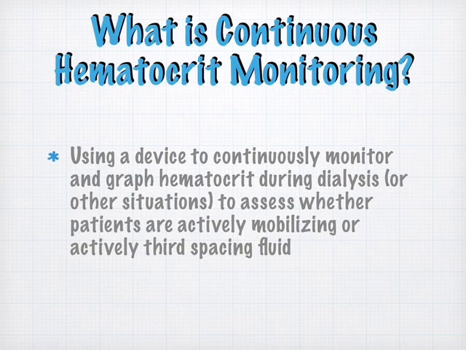Continuous hematocrit monitoring is when we use a device to continually monitor and graph hematocrit during dialysis. I suppose it could be used in other situations too, to assess whether patients are actively mobilizing or actively third spacing fluid. I felt that the most trouble I had in critical care was when we had very sick people